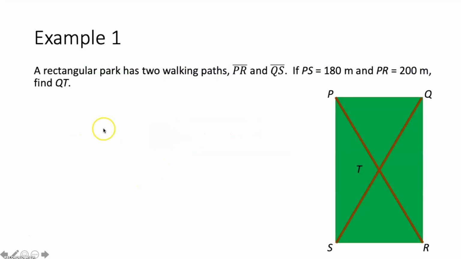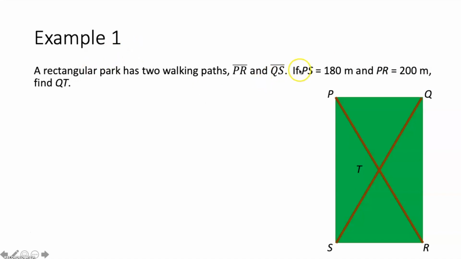Well, what do you know? It's example time. Now, example 1 says a rectangular park has two walking paths, segment PR and segment QS. If the measure of segment PS is 180 meters and the measure of segment PR is 200 meters, find the measure of segment QT. So first thing we want to do with our figure, anytime you're given a figure and